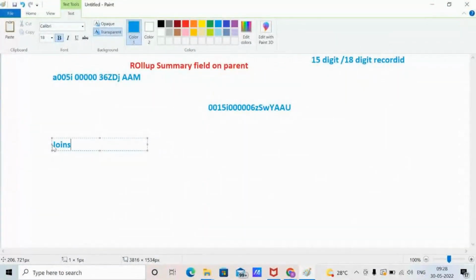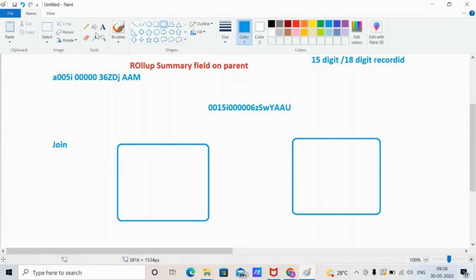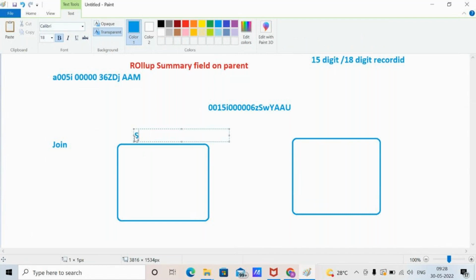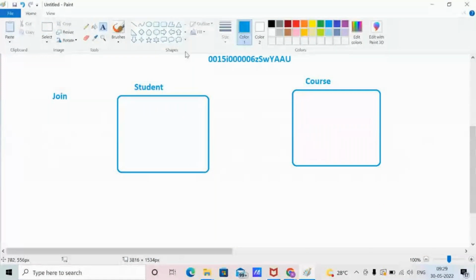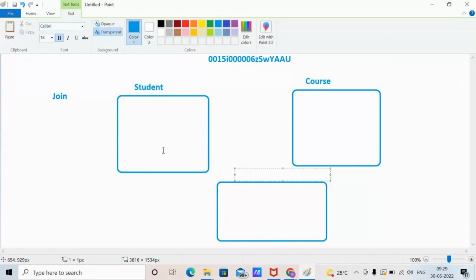जॉइन, जब दो टेबल को ज्वाइन करना हो, सपोज हियर वी हैव वन टेबल, here we have another table. Suppose here we have the table name is student, and here we have the table with the name of course, right? So इस दोनों टेबल को अगर मैंने ज्वाइन किया, and I am going to build one more table. जहां पे मैंने दोनों को ज्वाइन किया और I have created one more table, स्टूडेंट कोर्स,